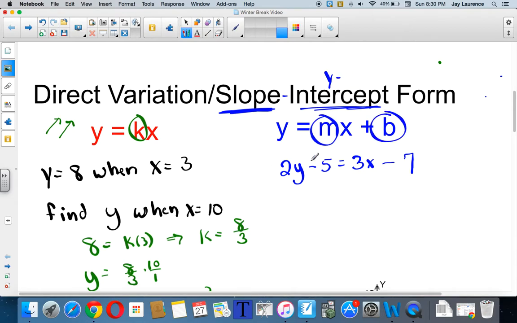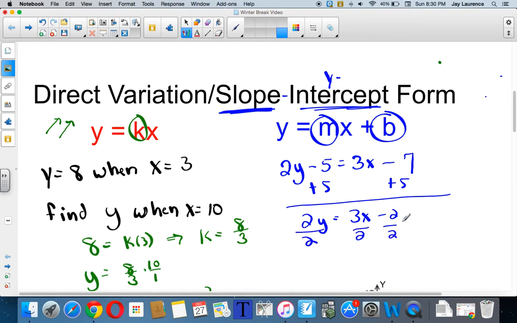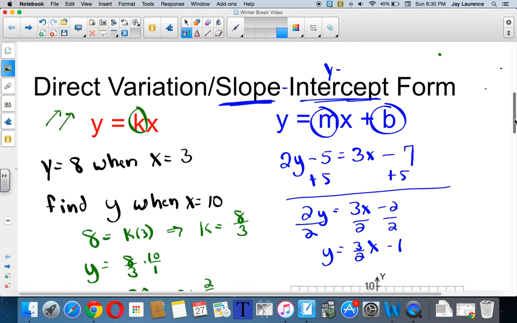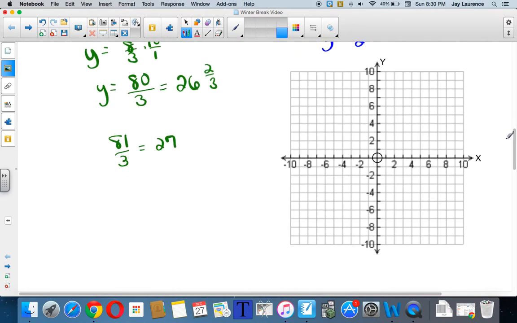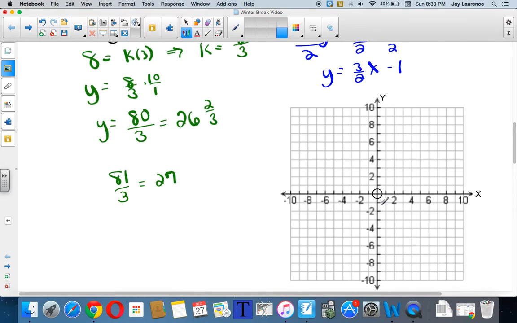Now I look at this equation, y is not alone, so I'm going to work to get y alone. First, I'm going to add 5 to both sides. When I do that, I'm going to get 2y equals 3x minus 2. And then I'm going to divide by 2. I have to distribute over there on the right-hand side, and y is going to be equal to 3/2 x minus 1. All right, so I am going to plot the y-intercept at 0, -1,